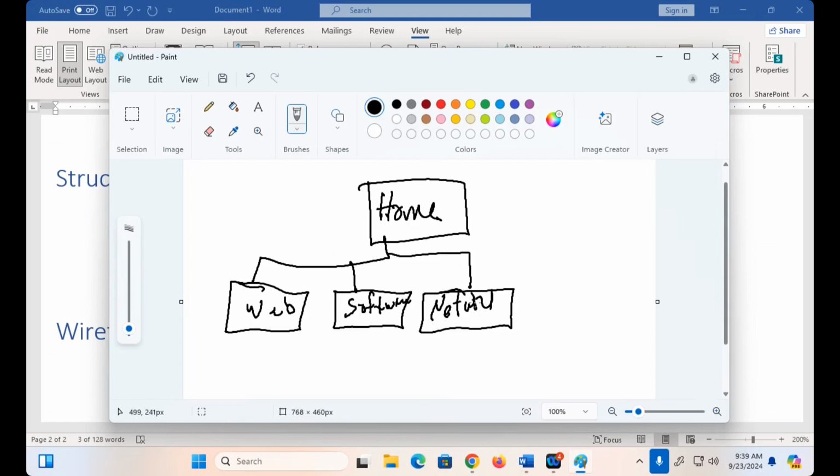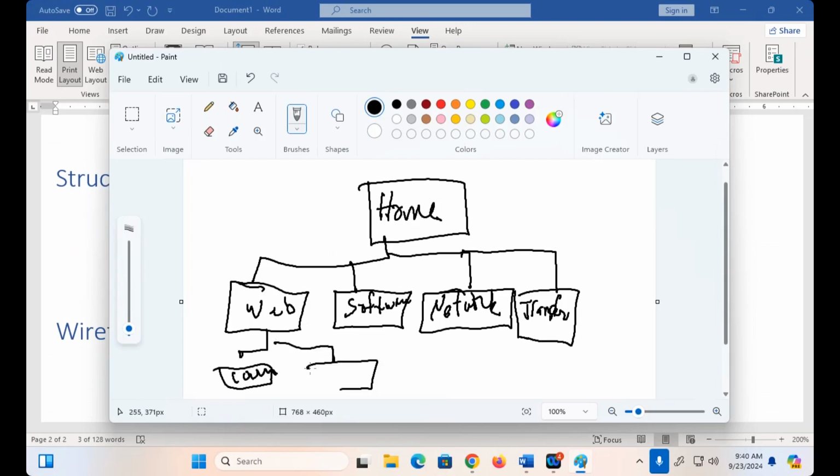Maybe we've decided that we are going to want to have a page for each of those 3 degree areas. Maybe then we have a page for transfers. And so on down the line. Maybe under web, we have a list of the courses. And maybe testimonies of students and employers, rather. So we're going to come up with a chart like this that shows the structure of the